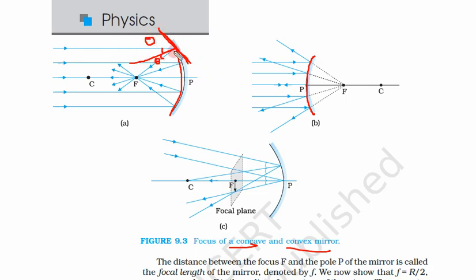Another way of finding the normal: we connect this point with the center of curvature. If we connect this point with the center of curvature, then that line is again a normal, because this is a spherical surface. So let us connect. At this point this is our normal, here this is our normal, here this is our normal. So if we connect that point with the center of curvature, that is also a normal.